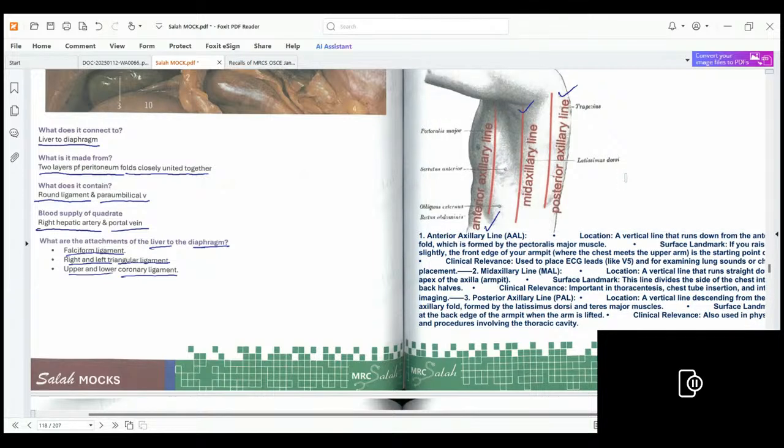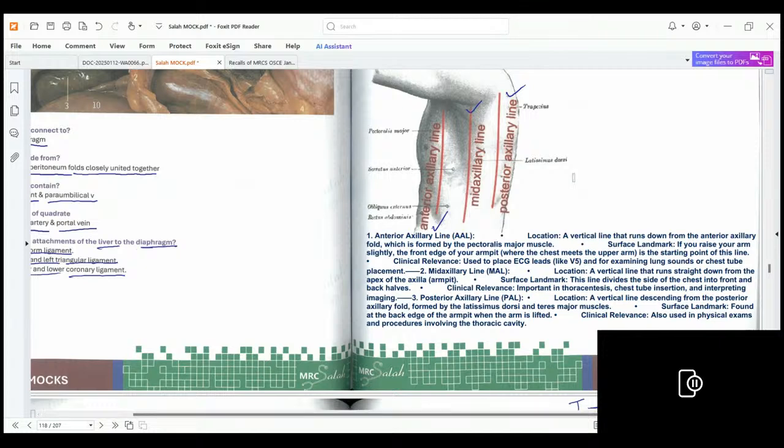Okay, so anterior axillary line: locate a vertical line that runs down from the anterior axillary fold, which is formed by the pectoralis major muscle. The surface marking, if you abduct your arm slightly. Okay, again, you can repeat: anterior axillary line, a vertical line that runs down from the anterior axillary fold, which